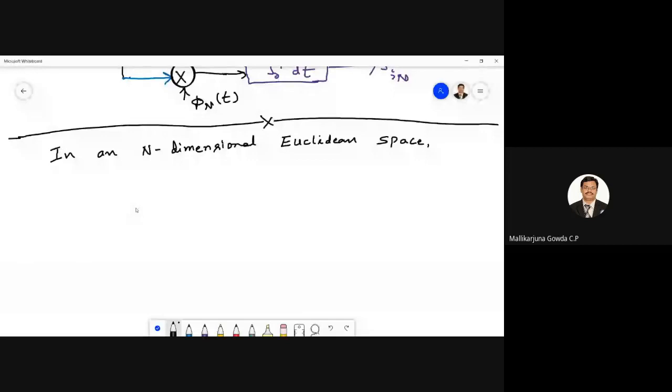That is my motto. So in an n-dimensional Euclidean space, the squared length of any signal vector,